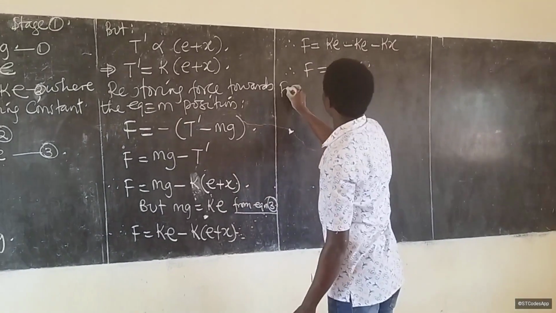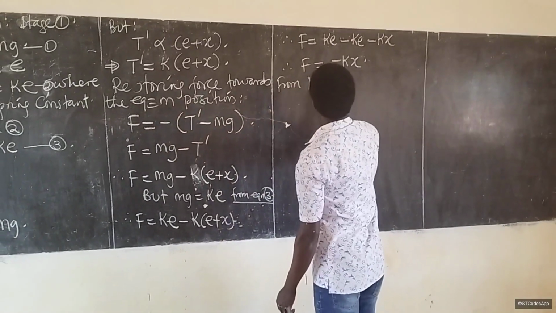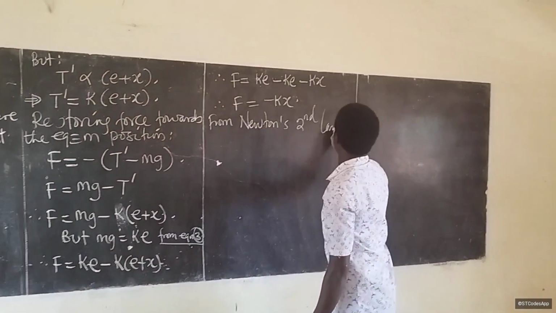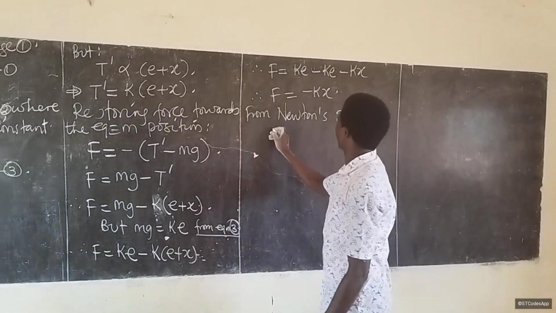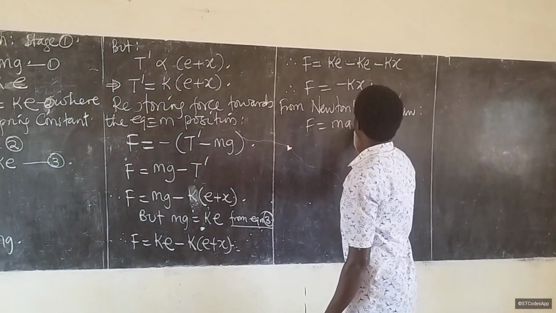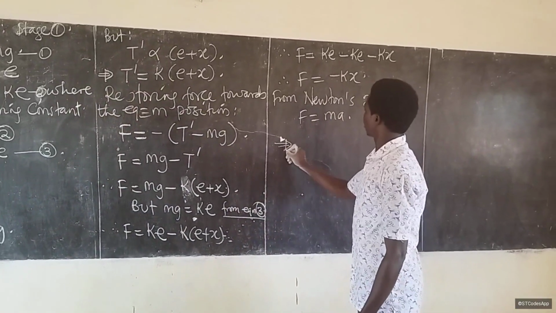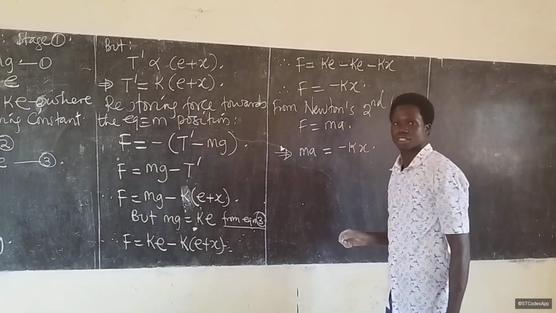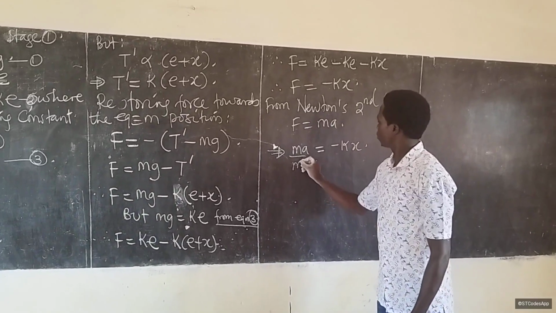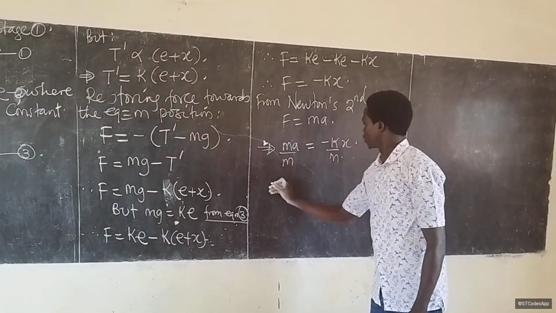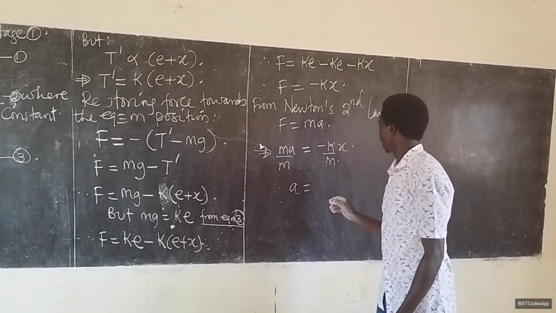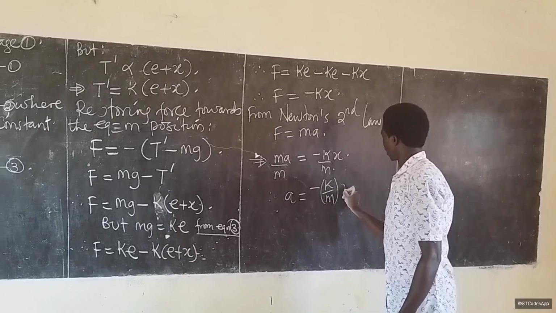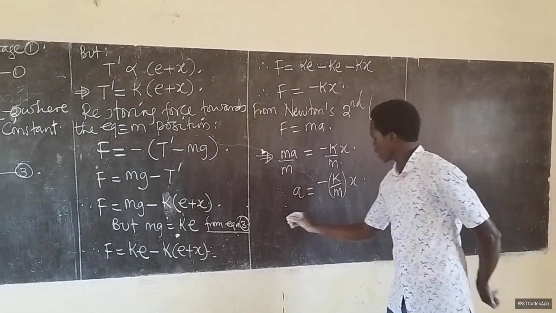But from Newton's second law, we shall have that F is equal to ma. So that implies that our ma is equal to negative kx. So I divide by m, I divide here by m. So therefore, a alone becomes negative of k out of m times x,